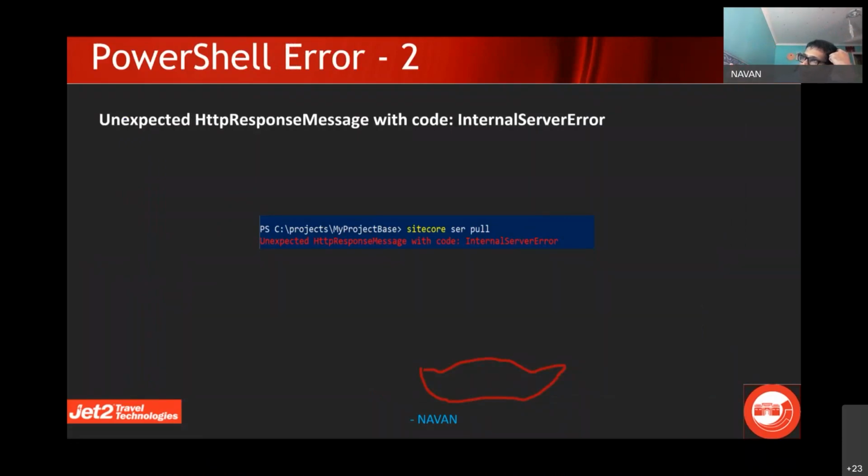At this point, it went to the kernel and to the backend and tried to create a database of that particular name. Obviously it failed because the backend did not have such a database called XYZ. We have only core, master and so on, right? So it failed there because it tried to make an API call and it threw an internal server error.